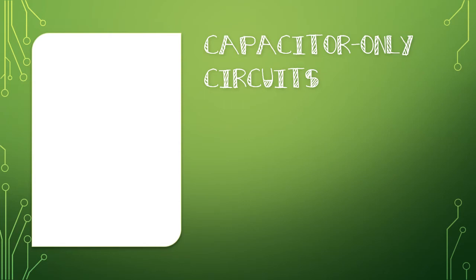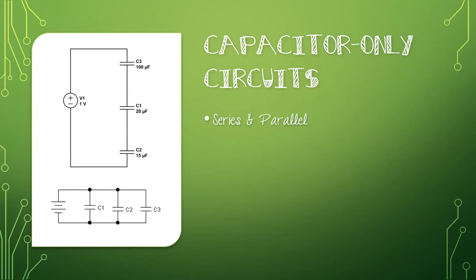So far in our study of circuits, we've studied circuits that only contain resistors and batteries. So now we're going to switch our focus into circuits that contain batteries and capacitors. Much like resistor-only circuits, capacitor-only circuits can be arranged in series and in parallel, and similar to resistor-only circuits, in